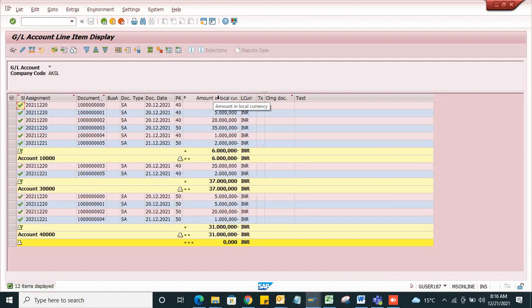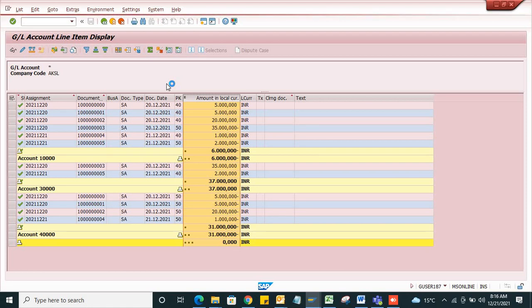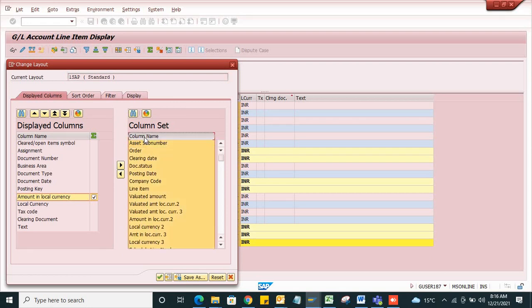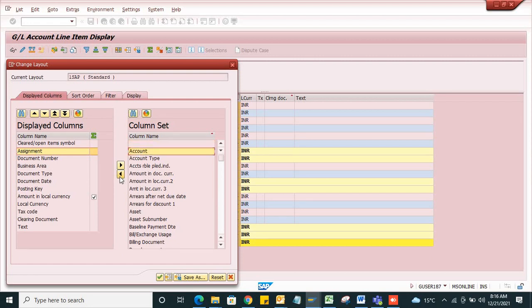See what is happening over here. Let me take account also to this layout.